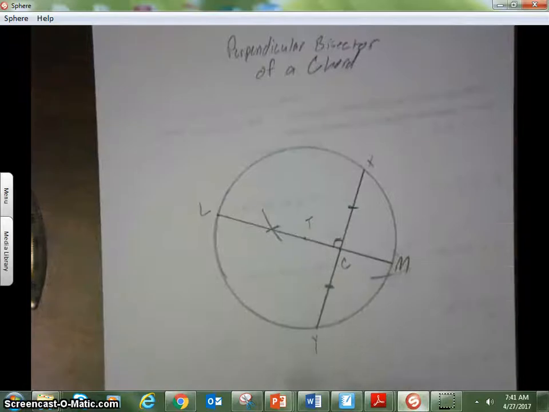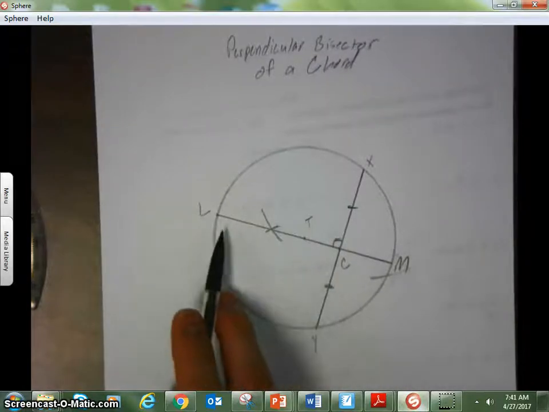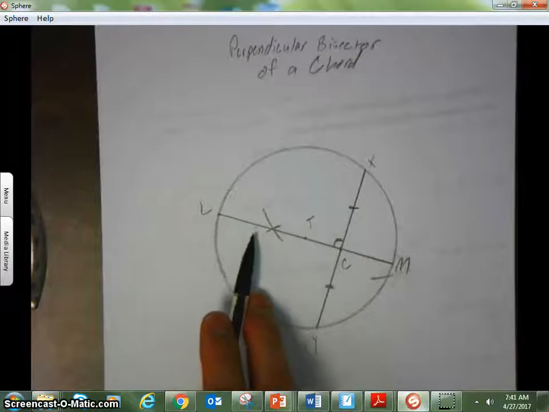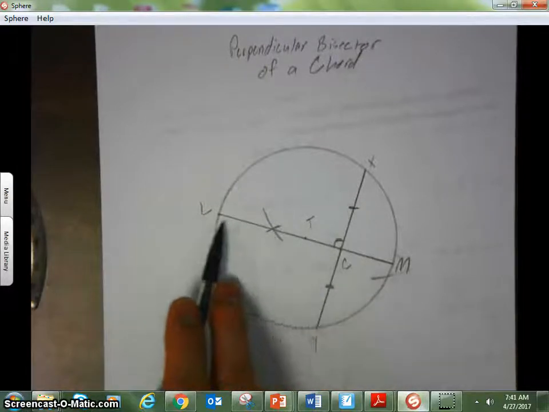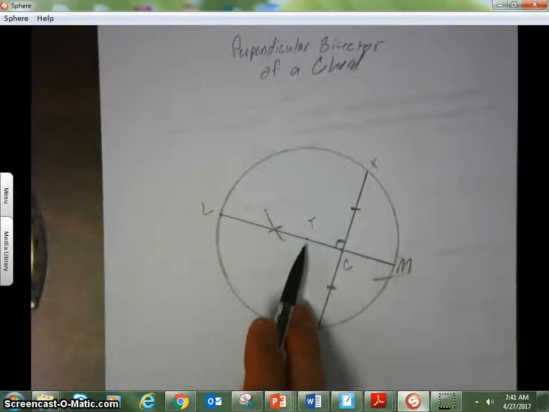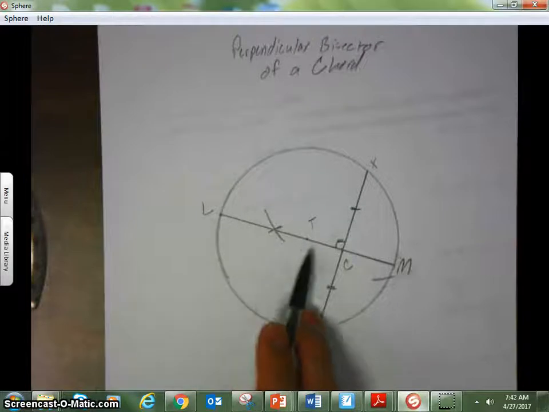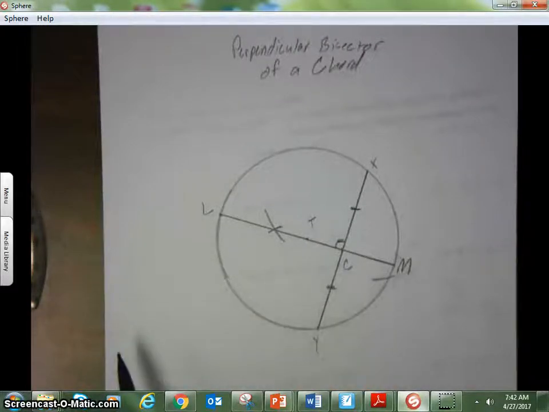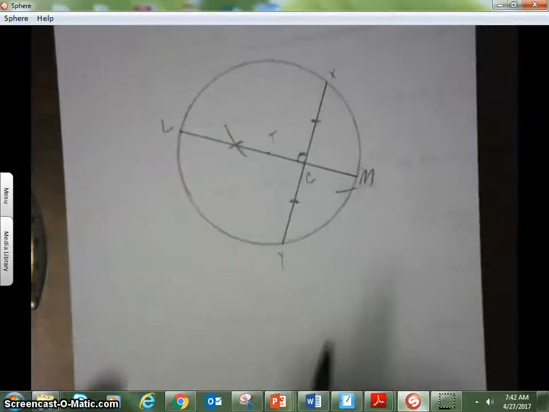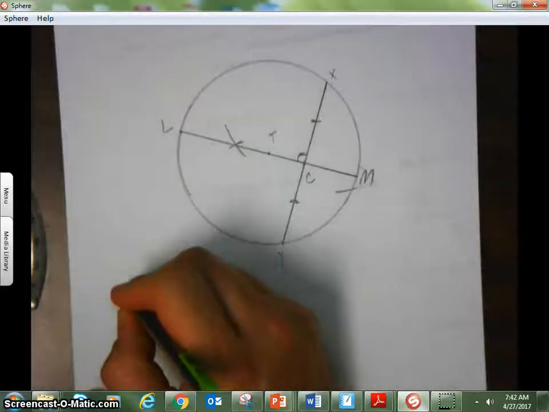Now, if we did the construction correctly, ideally, especially if you're following along, trying to do this on your own, what we should see is that the new segment that we constructed, the perpendicular bisector of the chord, happens to go through the center of my circle. And a chord that goes through the center of a circle is a diameter. So what that will allow me to conclude is